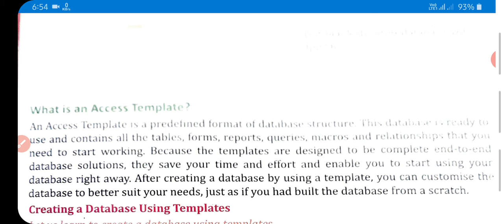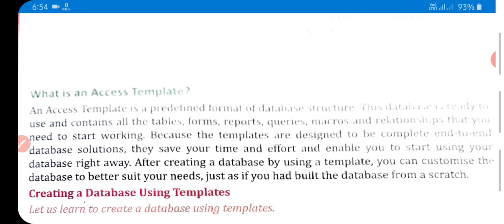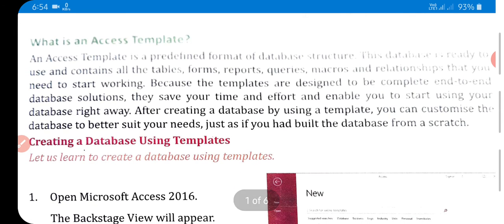Students, templates are predefined database objects of Access, and it is the easiest way to create a table. They contain various types of built-in tables, queries, forms and reports which perform tasks according to our requirement, and speed up the creation and retrieval process of the table. So students, this is your templates, and after that, how we create